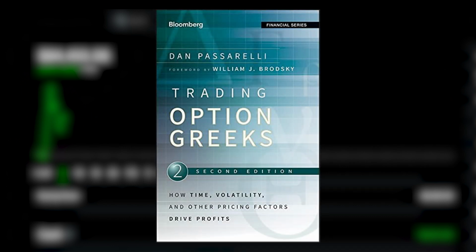Book number 2 is Trading Options Greeks. This book is ideal for intermediate to advanced traders who want to dive deeper into option trading, specifically into option pricing and risk management. The author focuses on the role of Greeks, which is delta, gamma, theta, vega, and rho in option trading, explains how each Greek influences option prices and how to use them to manage risk and maximize your profits. By understanding the Greeks, you'll be better equipped to understand and make informed trading decisions and fine-tune your